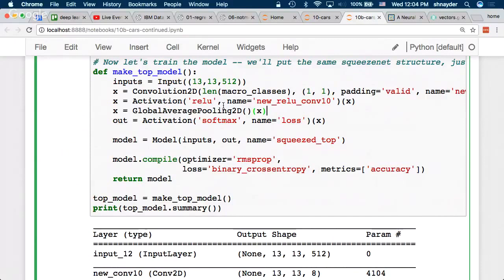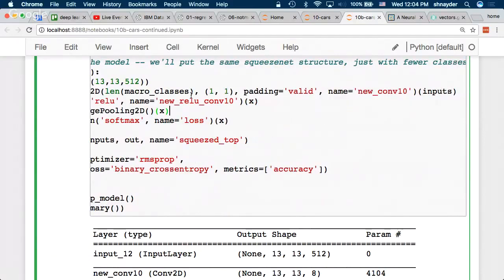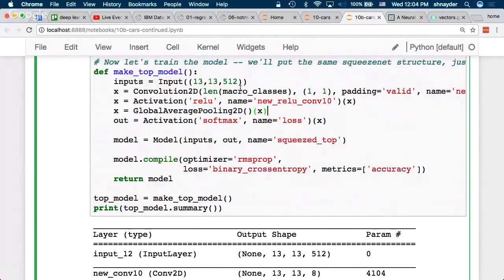It's a 1-by-1 convolution. So essentially, it's really just changing the number of layers. Before I had 13 by 13 by 512, right? So at each of the 13 by 13 regions in the image, I have 512 different features that we know are useful.